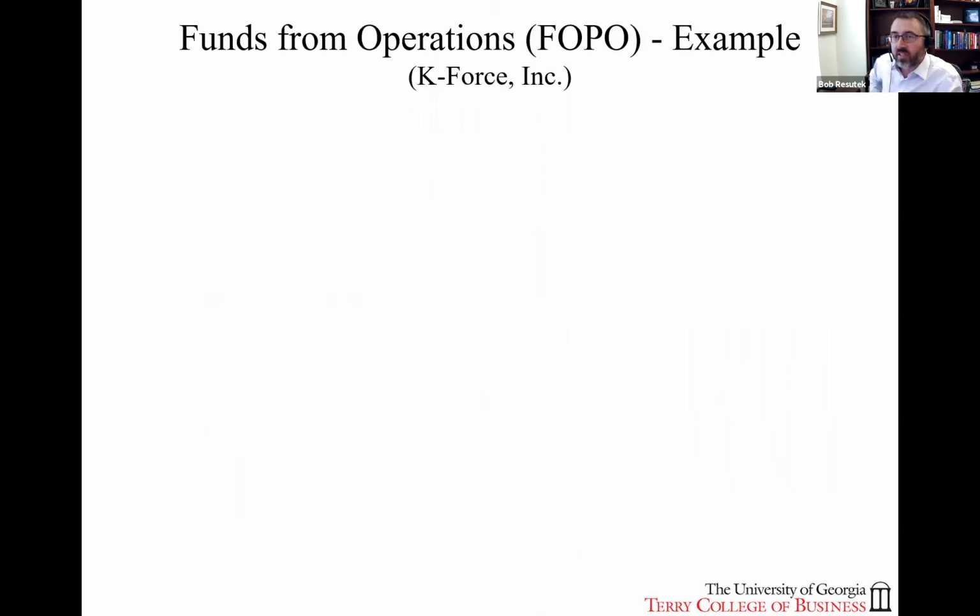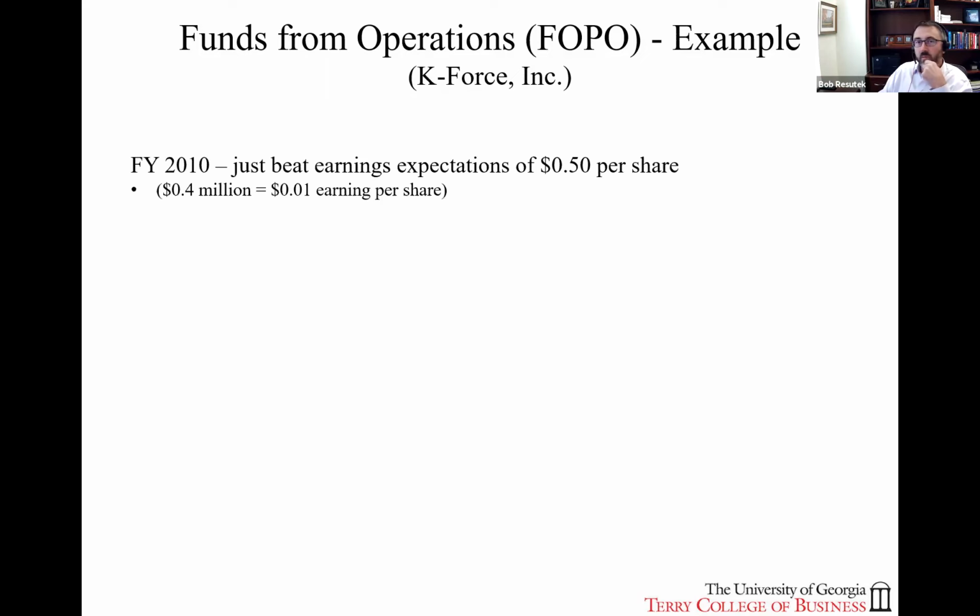All right, so just a couple of examples. These are just motivating examples. There's nothing special about these. I didn't spend much time trying to find the perfect example. The only screen I put in there is that I want a non-microcap stock. So these are all firms whose market cap is above the 20th NYSE percentile. So this is a company called Kforce. I don't even remember what they do anymore. But in 2010, they beat their earnings expectation by 1 cent. Okay, so we're all aware of that, thinking about reporting discretion and how it affects